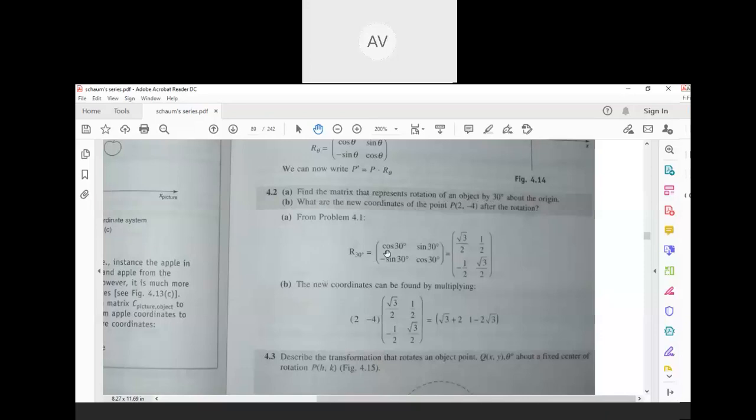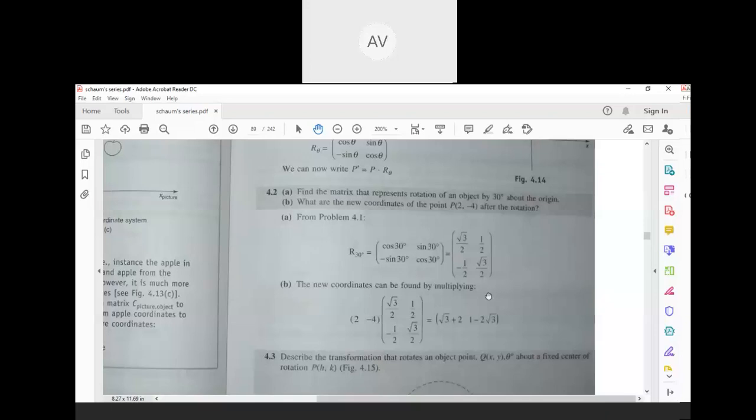So we know the rotation matrix: cos 30 degree, sin 30 degree, minus sin 30 degree, cos 30 degree. So here theta is 30 in our original matrix, and this transformation matrix is not in homogeneous form. So in homogeneous form, what we write: cos 30 sin 30 0, minus sin 30 cos 30 0, and last row will be 0 0 1. So like that you have to write in examination. This is not in homogeneous form, but just for this simple example, we are using this matrix, with theta value 30.